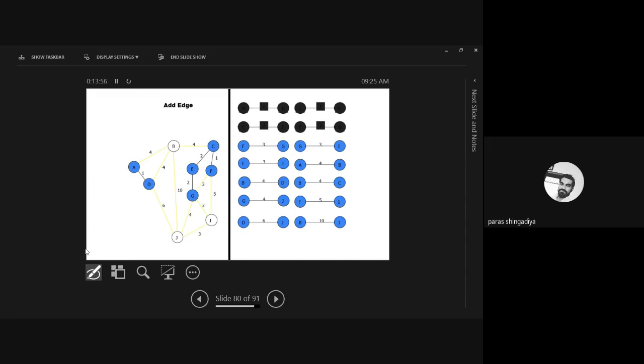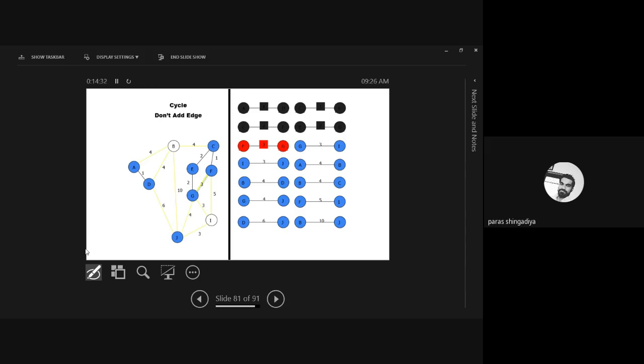Clear? Now consider the next weight, that is a 3. If you consider this 3 edge between F and G, it will create a closed walk, because the 3 edge we already included has the minimum weight compared to this one. Clear? Now the next weight is a 3, and if we include this edge here, it creates a closed walk using these 4 vertices: F, C, E, and G. Clear? So we'll skip this edge in our graph.